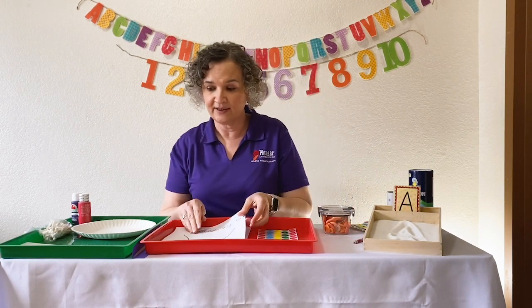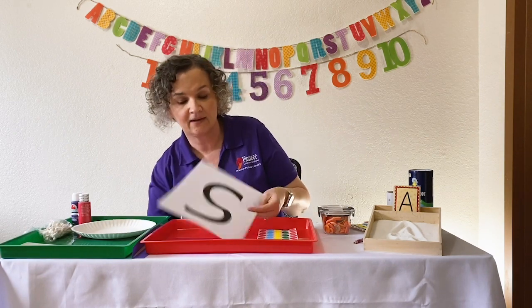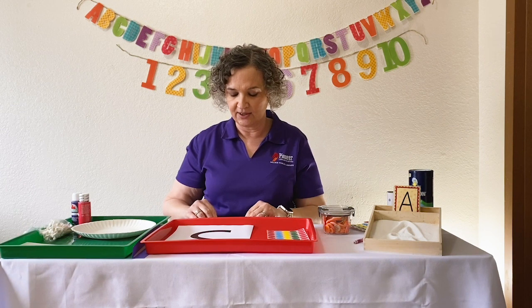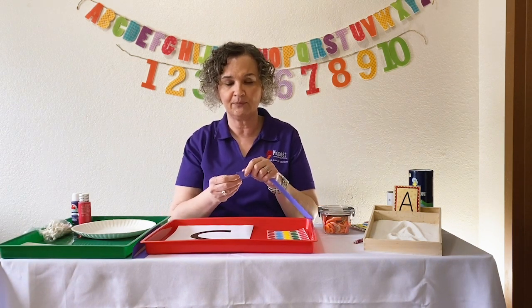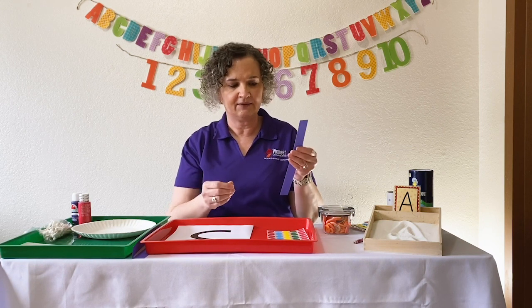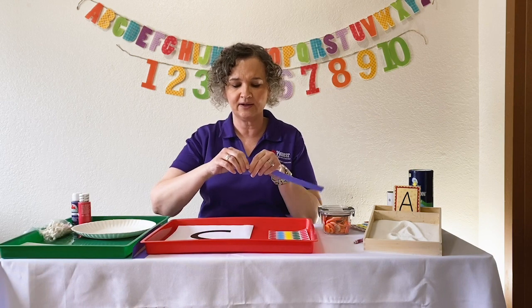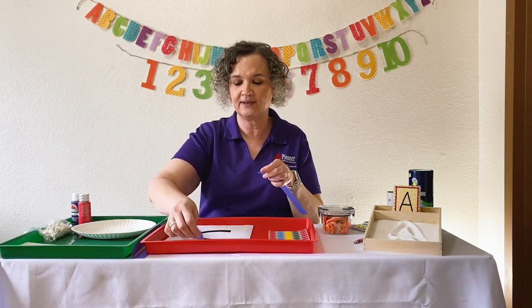And my next activity, I put the letter S on a piece of paper, and I'm going to take just some strips of construction paper or cardstock and cut it into strips, and then you let them tear. And they love to tear off some squares or some pieces